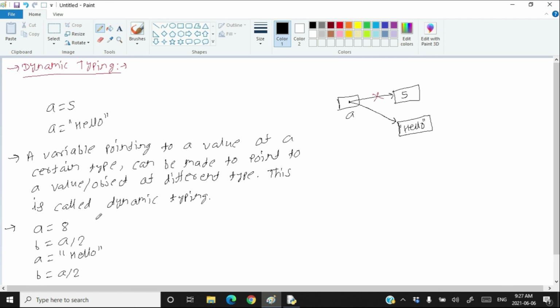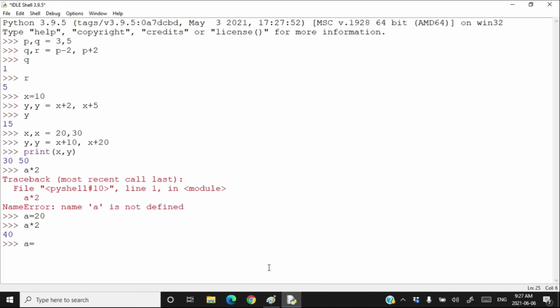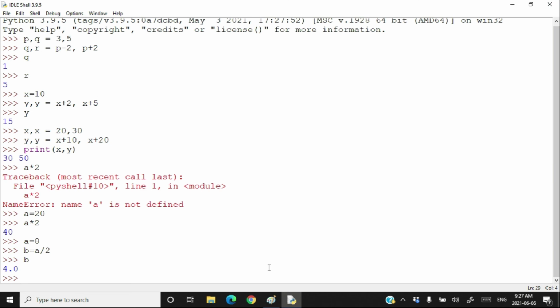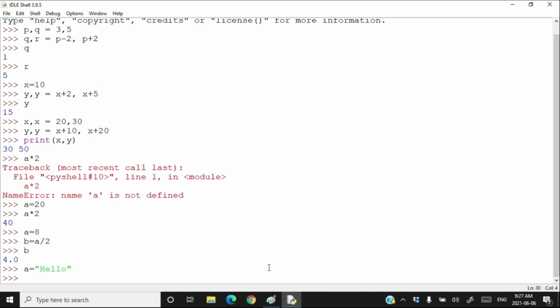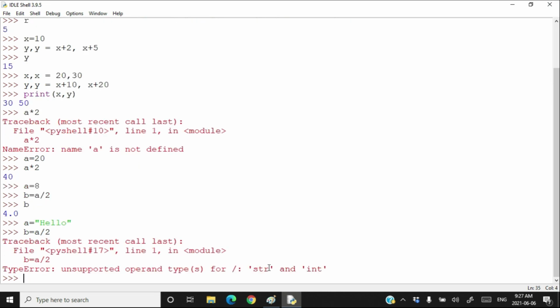Let's try it. You have a is equal to 8. Of course, you can do b is equal to a by 2 and that works. But if you store hello in a and you do b is equal to a by 2, this will throw an error: unsupported operand type for division. So a string cannot be divided. Why did this problem happen?